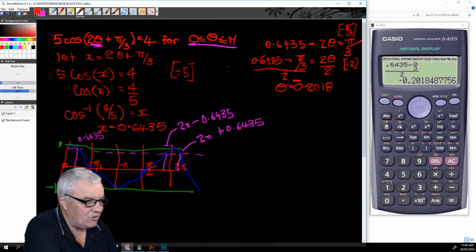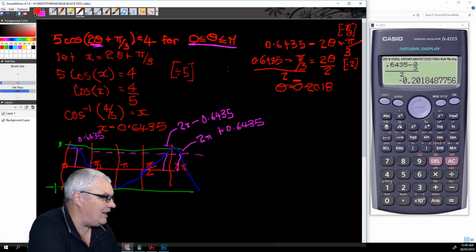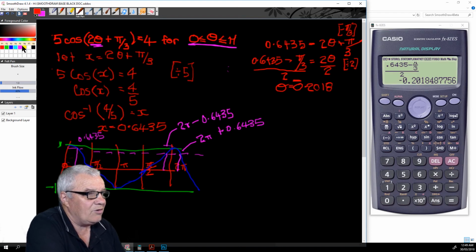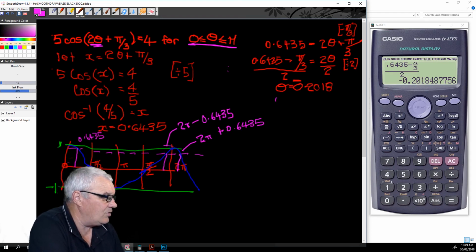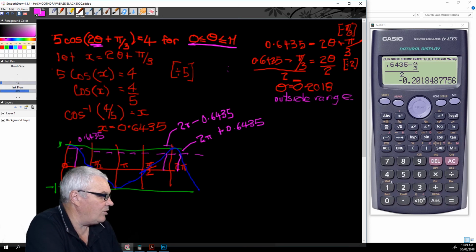Minus, and that is our Q value, but that is outside of the range. So that's no good. That's not a solution because it's outside our range. That's for theta is minus 0.2018. So what we've got to do now is